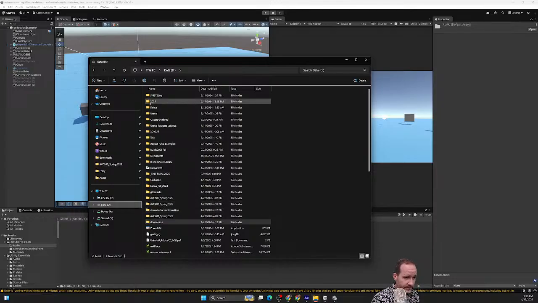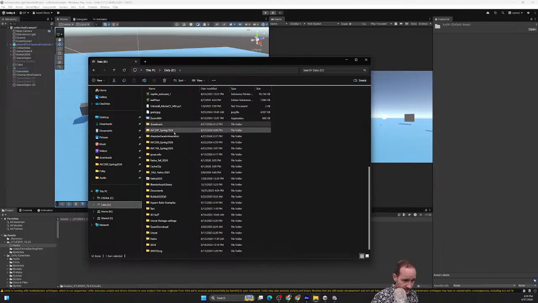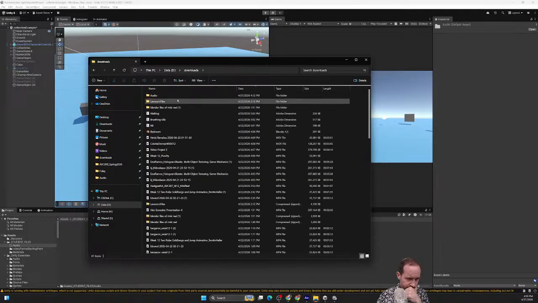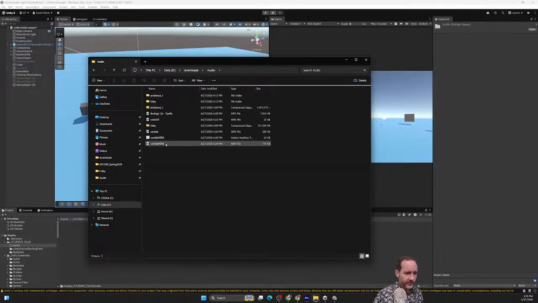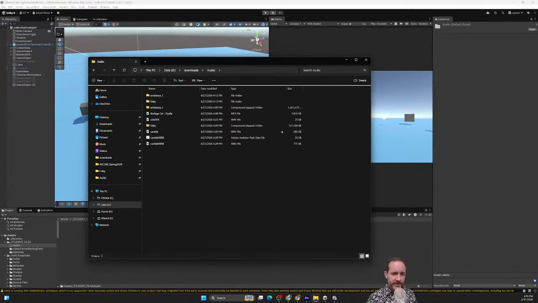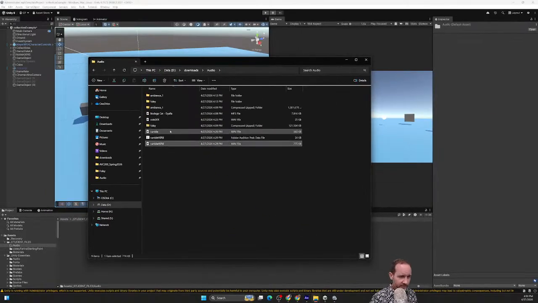Under audio. So grab, oh yeah, beware of this. When you save an Adobe Audition file, it makes this Adobe Audition project, right? This is not the audio. You need the WAV file. So I'm gonna grab this and this. I'm gonna grab this piece of music, bring those in